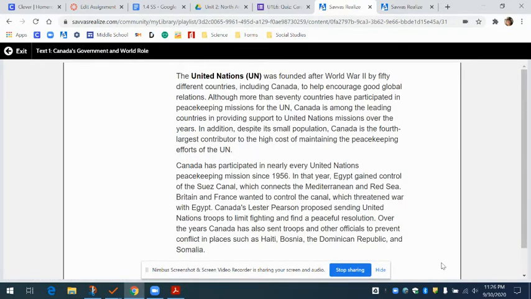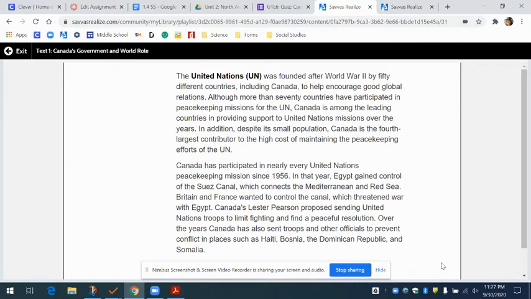The United Nations, UN, was founded after World War II by 50 different countries, including Canada, to help encourage good global relations. Although more than 70 countries have participated in peacekeeping missions for the UN, Canada is among the leading countries in providing support to United Nations missions over the years. In addition, despite its small population, Canada is the fourth largest contributor to the high cost of maintaining the peacekeeping